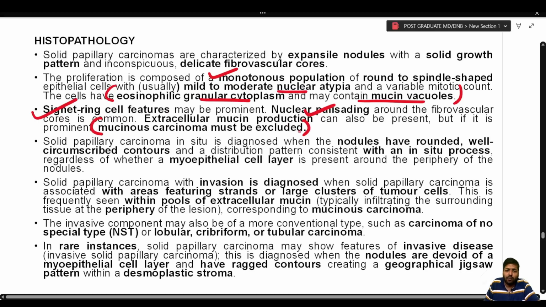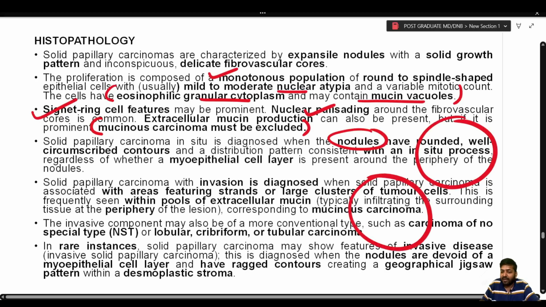Solid papillary carcinoma in situ is diagnosed when the nodules have rounded, well-circumscribed contours and a distribution pattern which is consistent with an in situ process, regardless of whether myoepithelial cells are present at the periphery or not. So over here you have to have a solid pattern and an expansile pattern. Now I don't care whether myoepithelial cells are present inside, outside, anywhere, but if you have such histological features